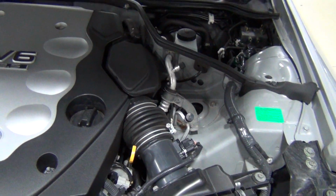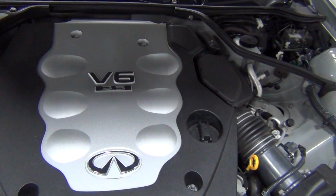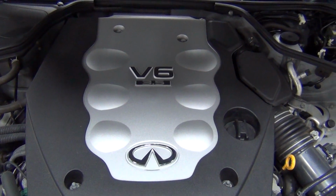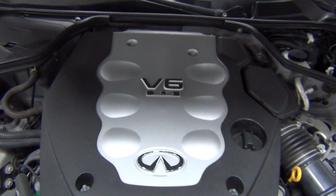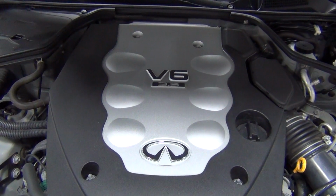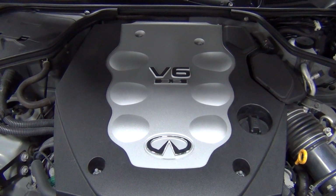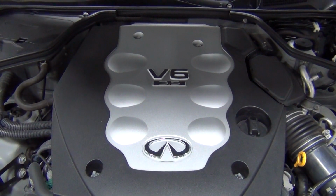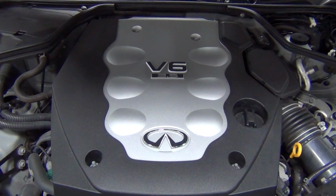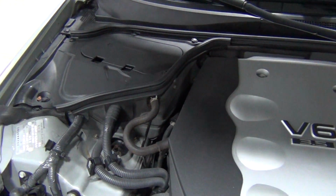That's really one of my favorite things about the car, the way the engine feels. It reminds me of the Acura Legend, which was one of my favorite cars that I ever owned. But this is a 3.5 liter engine, which really feels and even sounds like a V8. And it's a very smooth and sophisticated engine. It actually generates 280 horsepower and 270 pound-feet of torque. Lots of thrust, very smooth delivery. It's still one of the best V6 engines available. That's why they use it in so many different configurations